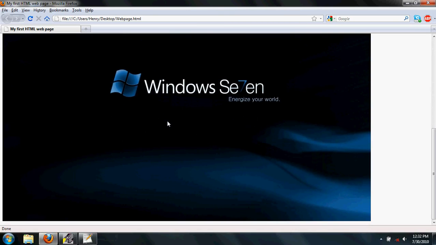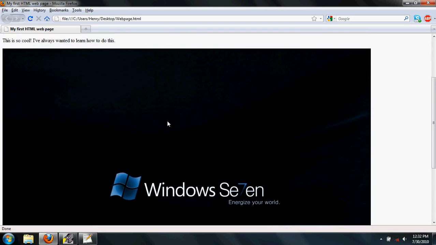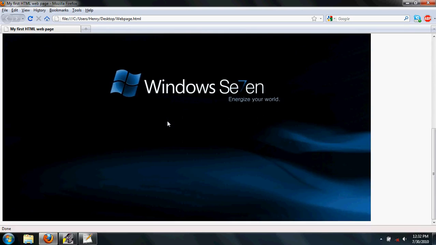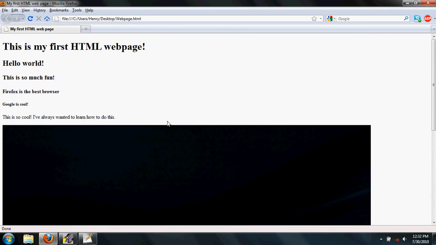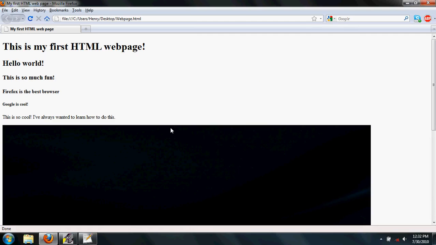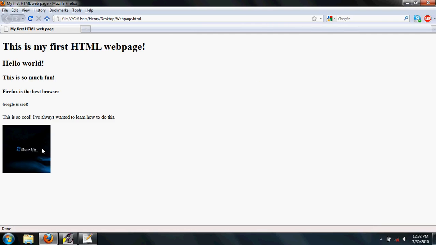And there's my Windows 7 wallpaper right there. Now, some of you might be thinking that's kind of big, and it's a little big. So we're going to go back here to our file, and we can change the size of this. To change the size, you type in height and width. In between these, you can type a number, like I'll put 150 for the height and 150 for the width. And if we save that and we refresh this page, you can see it shrunk down,